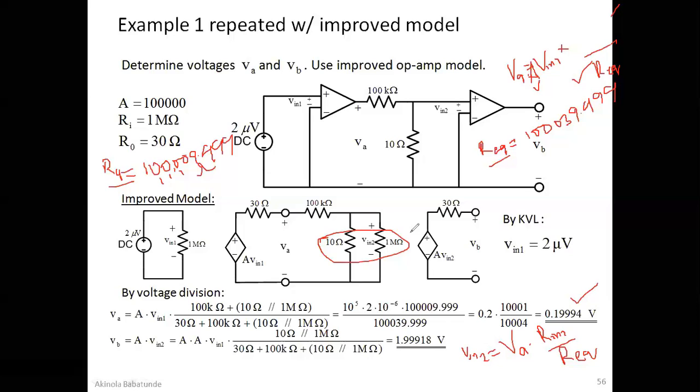And then your R_equivalent would be everything added together: 10 parallel 1 mega plus this 100K plus this 30K will be the R_equivalent for the entire circuit. When you do that, you put the R_equivalent here, multiplied by your VA, and you're going to obtain your V_in2. When you obtain your V_in2, you do not stop there and multiply by the A that we already have here, because VB is what we're looking for, not just V_in. So VB is A times V_in2. Whatever you obtain as V_in2, you multiply by A, 10 raised to the power 5, and then you have your VB at the end of the day to be